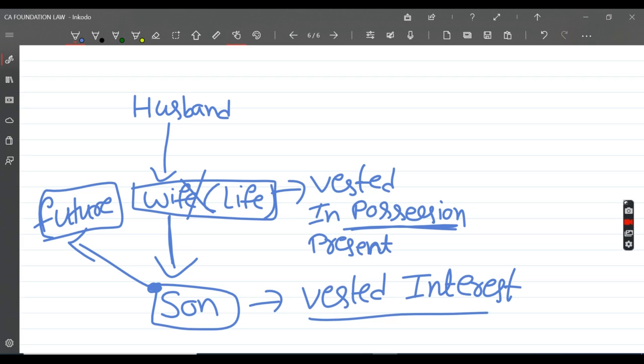Okay, vested in interest. But so far wife didn't yet die, so she has the vested in possession. In the present, she can enjoy the property. So vested in possession means right to present possession. She has the possession in present. And then vested in interest means the possession will be with him in future. I hope you understood that. Now